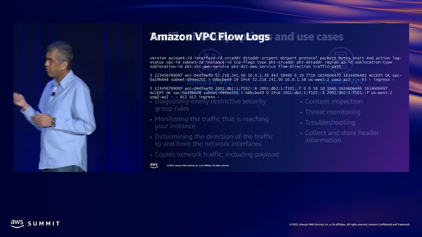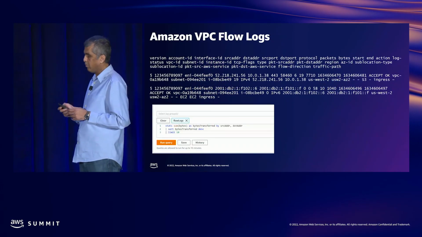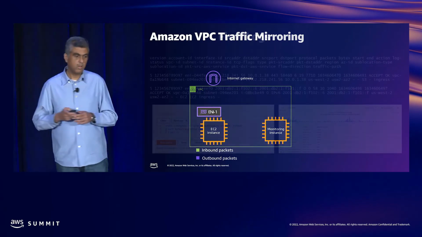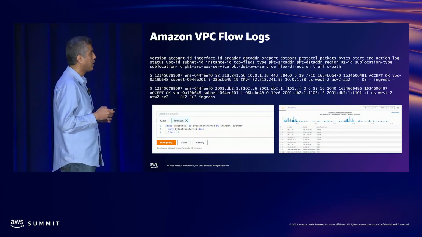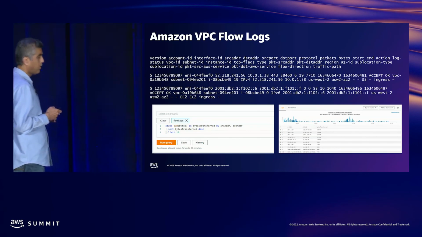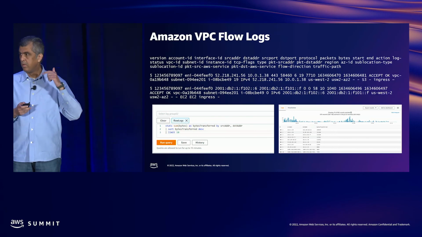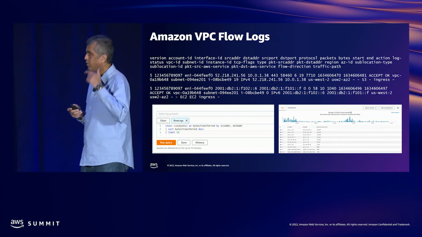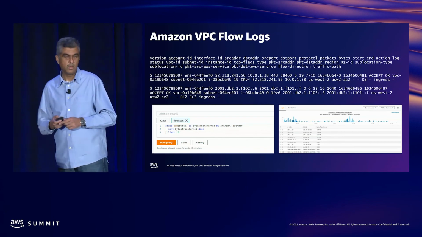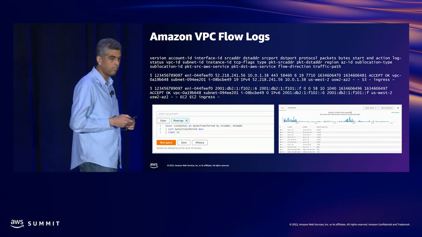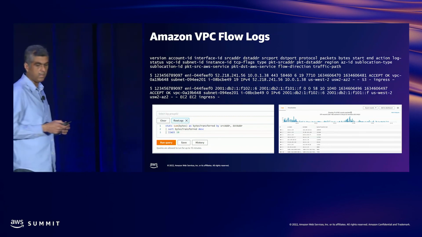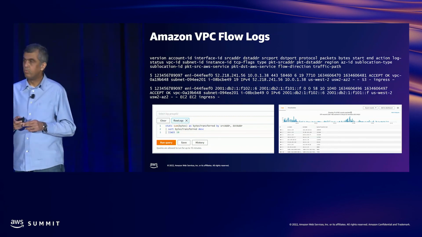Flow logs, this is just a sample. Once you enable it, it captures a lot of information like source IP, destination IP, and a bunch of other metadata. You can enable it per interface, per subnet, or for the whole VPC. You can send the data to CloudWatch Logs, or you can send it to Amazon S3 and then use native capabilities like Amazon Athena to run SQL queries